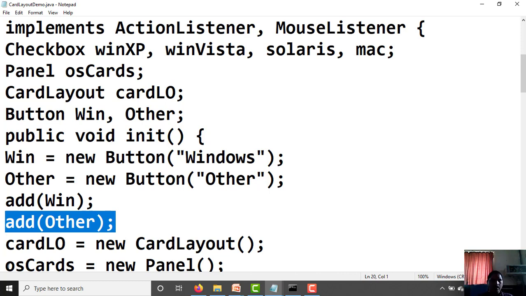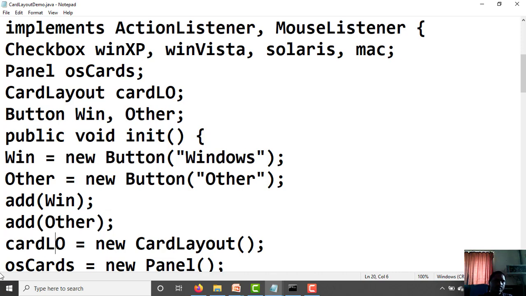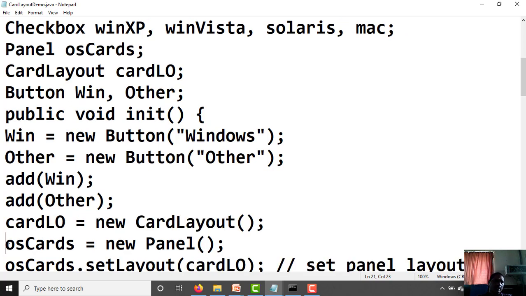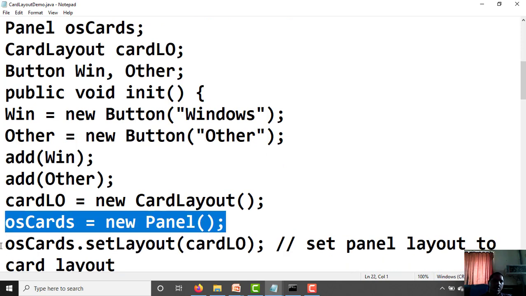Now next, cardLO. This is the object of CardLayout. Initialization, creation of the cardLO object. cardLO equal to new CardLayout. osCards equal to new Panel, open close semicolon, these objects are created.